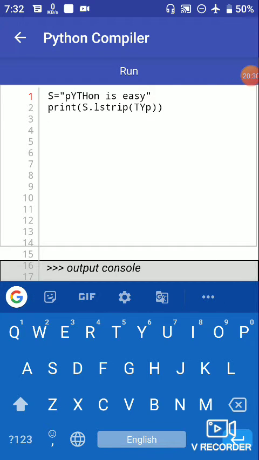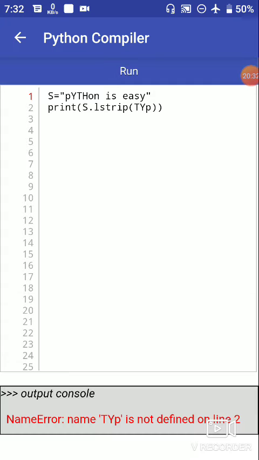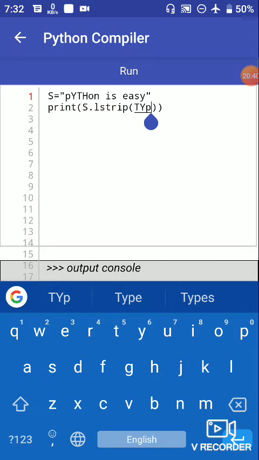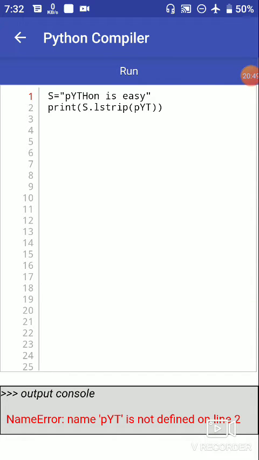When we run this method, we get an error: TYP is not defined in line 2. Because we are stripping from the left side, so PYT was the expected result.